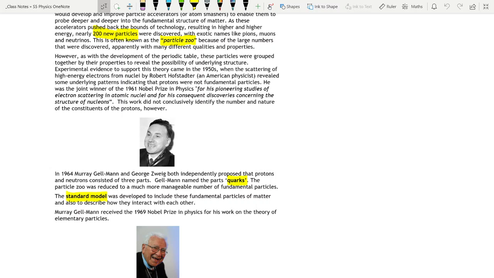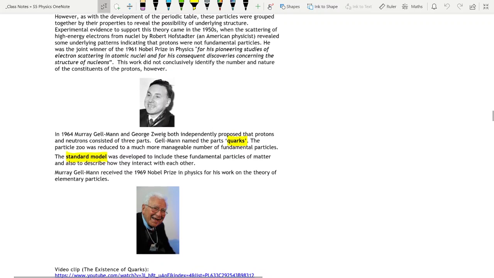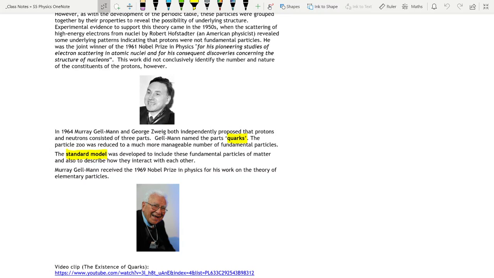But when they started discovering more and more elements, they started seeing patterns and putting them into a sort of pattern. That's exactly the same thing that happened with quarks. So as with the development of the periodic table, these particles were grouped together by their properties to reveal the possibility of underlying structure. Experimental evidence to support this theory came in the 50s, when